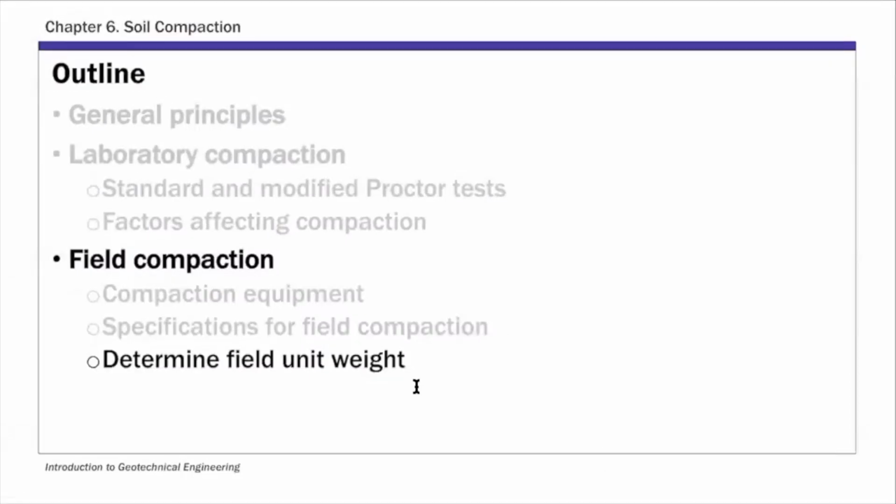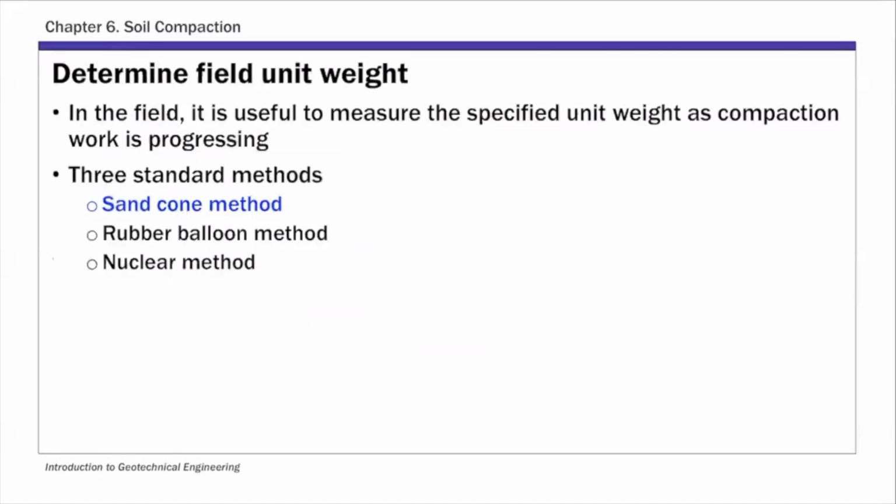And for this compaction control, determining field unit weight, as I mentioned, is a way to control compaction effort. So you need a way to measure in situ unit weight to tell you if your end product meets your specification. And there are 3 standard methods for determining field unit weight: sand cone method, rubber balloon method, and